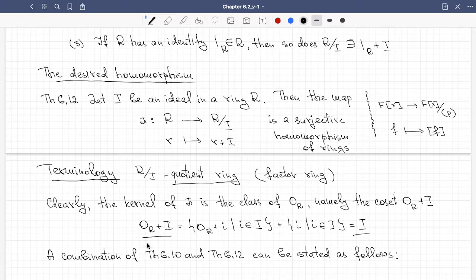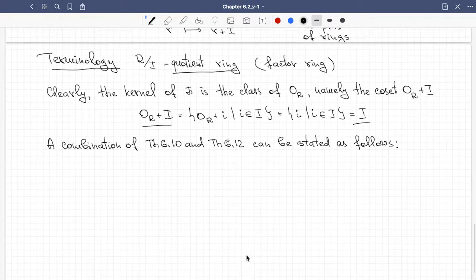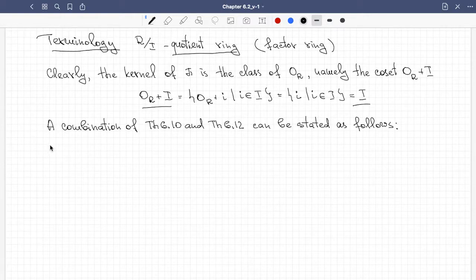is an ideal, the kernel of every homomorphism is an ideal, and this tells us that every ideal is the kernel of a homomorphism. So we can combine these two theorems into a proposition,